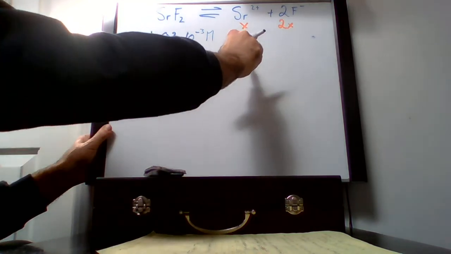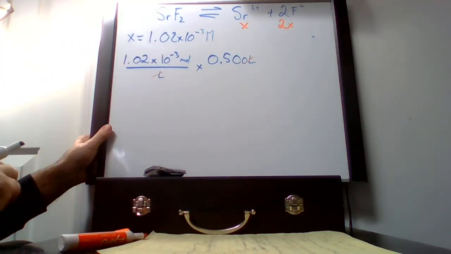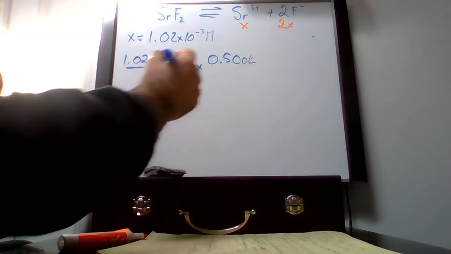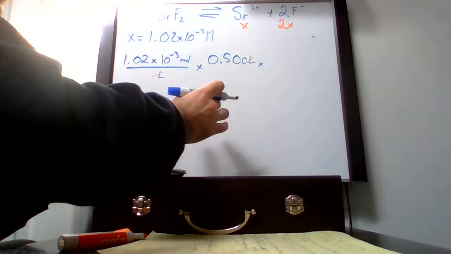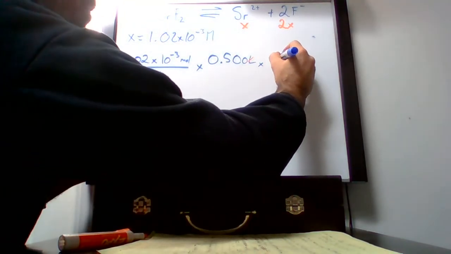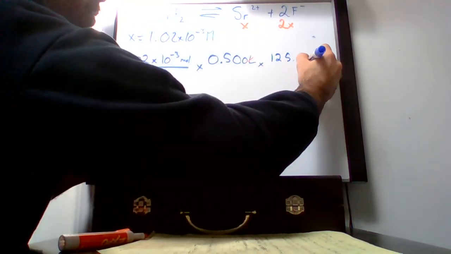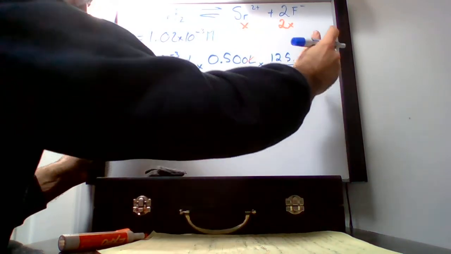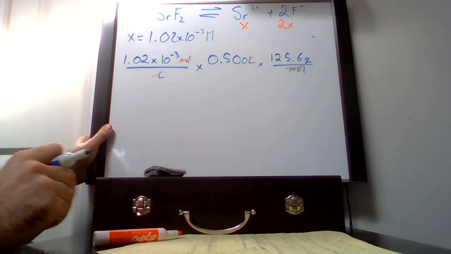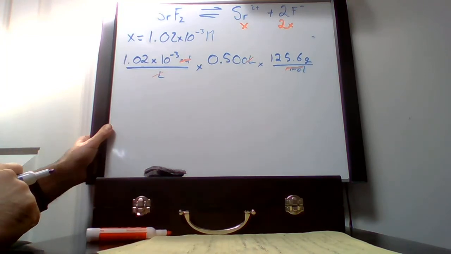We're now in moles, but it didn't want to know moles, it wanted mass. So we then have to multiply this by our molar mass of the strontium fluoride, which is 125.6 grams per mole. Those moles cancel out,